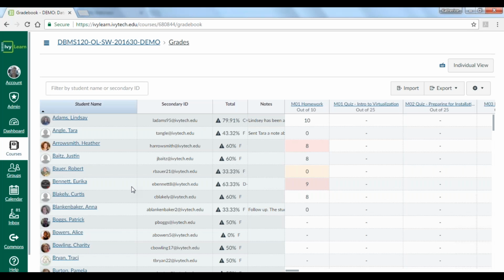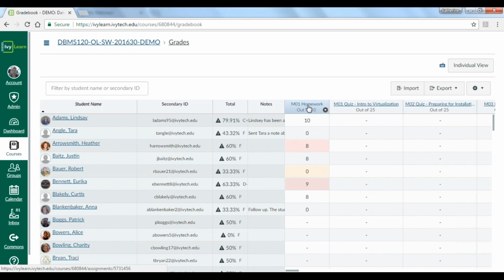Normally, you would never, ever broadcast your student Grade Center. You wouldn't project that in front of the class, and you certainly wouldn't share that with other students. Okay? All of these grades are not reflective of the work that those students have done. This is just grades that I've assigned them throughout the demonstration process.